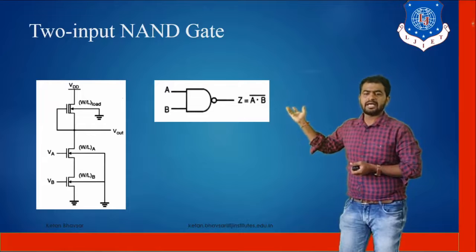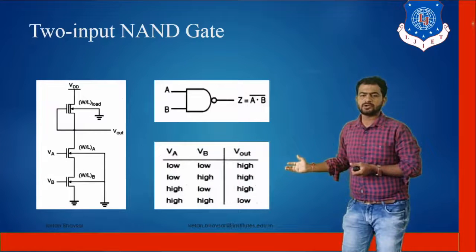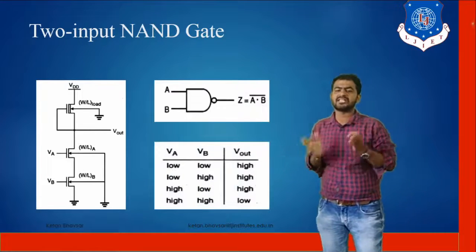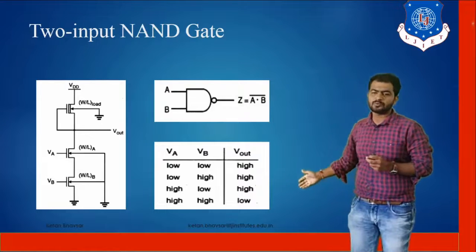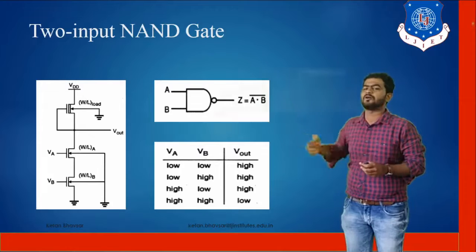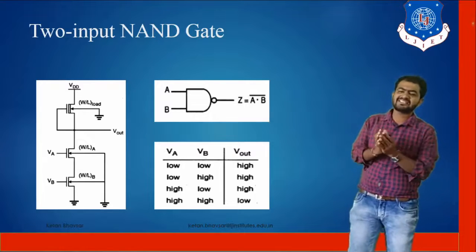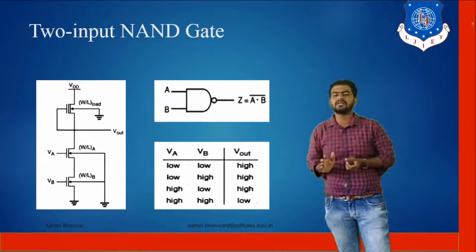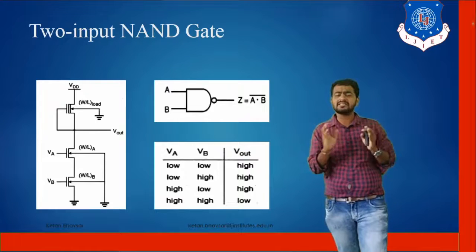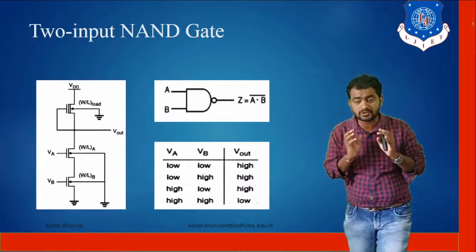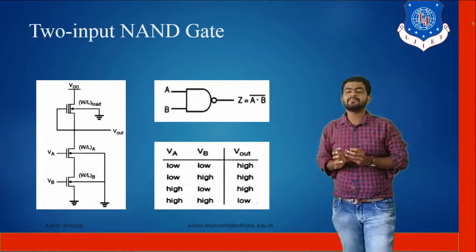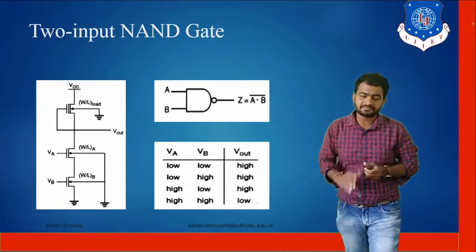These are the symbolic diagram and the total. As you can see, it's a totally opposite variation from the NOR gate, because here when both inputs go high, the output goes low, and for the other possibilities the output goes high. So it's a totally opposite variation from the NOR gate, and this AND gate and NOR gate you already studied in semester number 3. So you should get more of an idea if you know digital electronics.